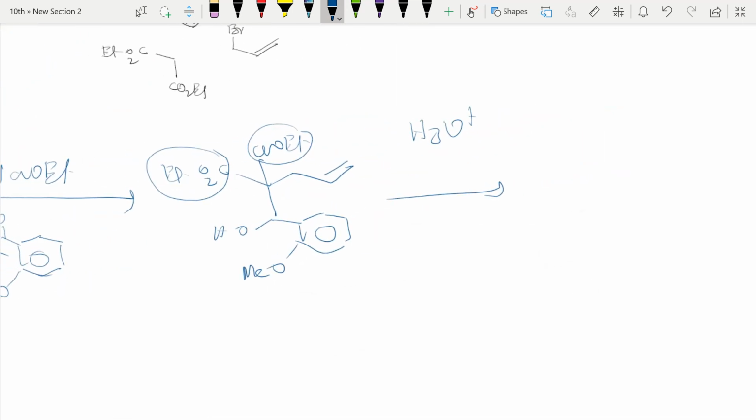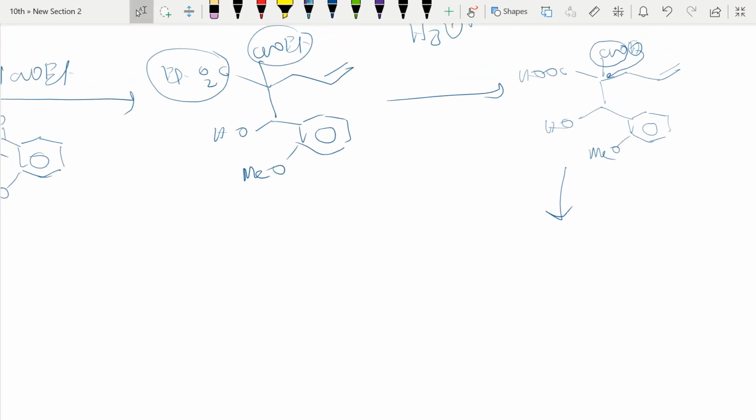See here. First it will convert to COOH, COOH, CH2, CH2, right? OH here, OMe, right? So when I heat, see here, this carbon dioxide is there, it will be eliminated and this hydrogen attacks here, right? So these reactions I have explained in the previous class also. So directly I can write now.